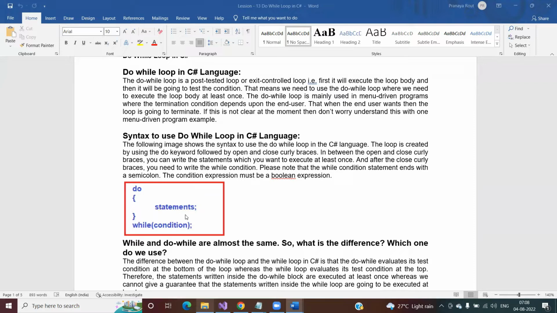As you can see, this is the syntax. First, it will execute whatever statements are present inside the loop body. Once the statements are executed, it checks the condition. If the condition returns true, it will again come inside and execute the statements. If the condition is false, it will not come inside and will not execute the loop body. So you understand, first it will execute the loop body and then test the condition. That means we use the do while loop where we need to execute the loop body